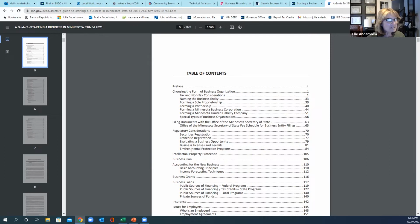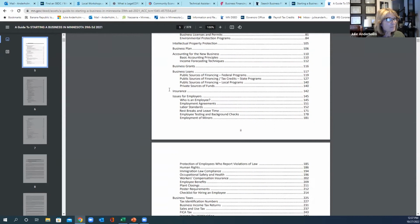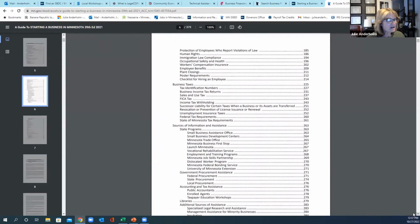It'll talk about some business permits if you need them. It even has a section on accounting, on business loans, different structures. It has 180 pages of information. So it has a section on insurance, business taxes, state programs, federal programs,